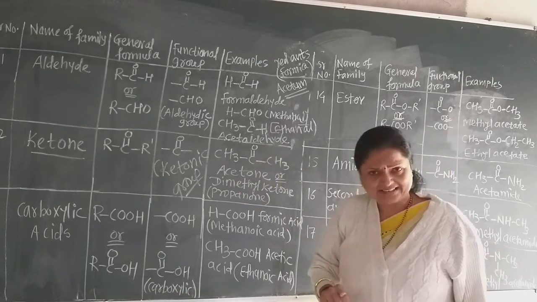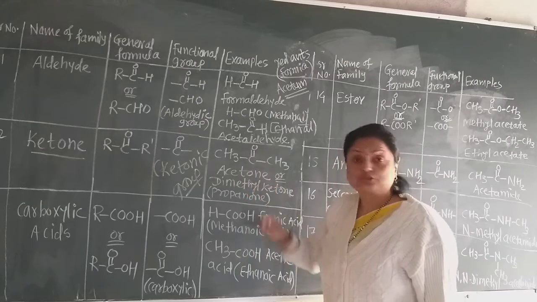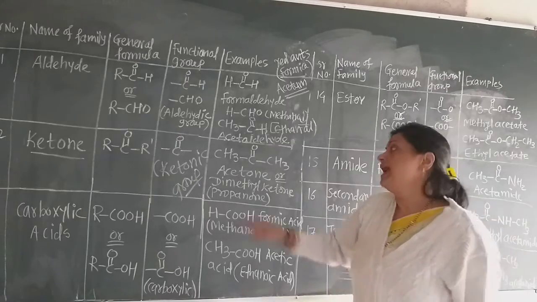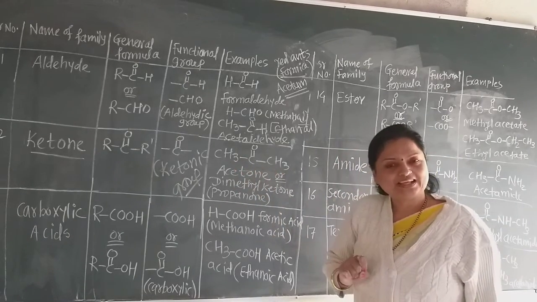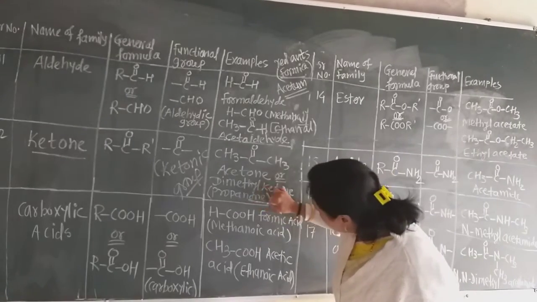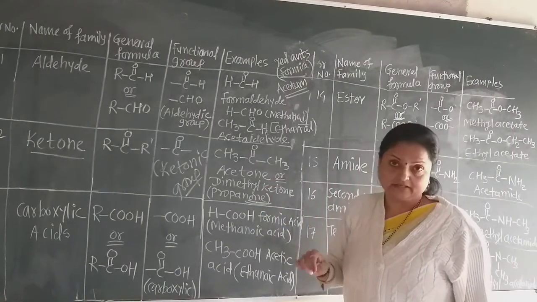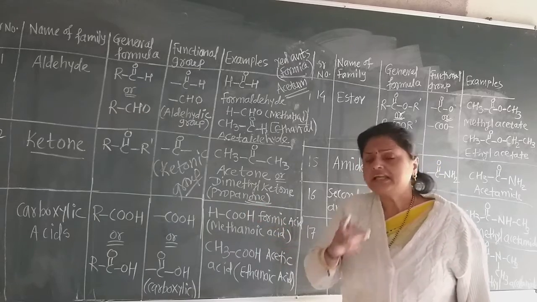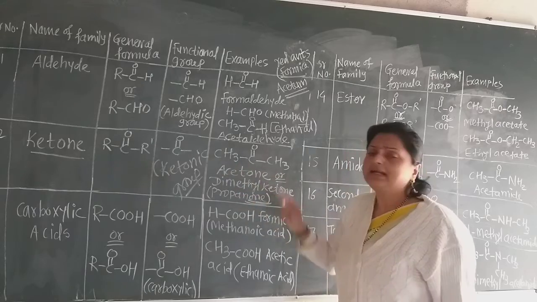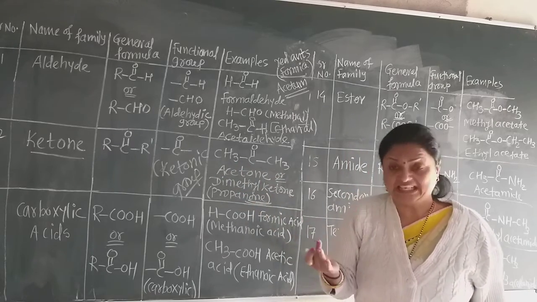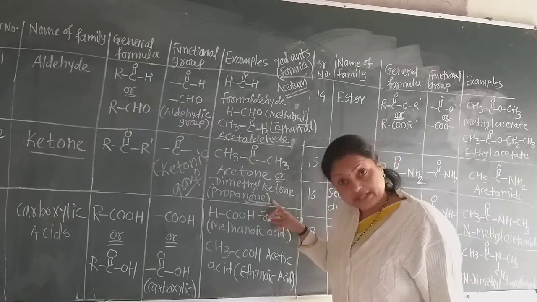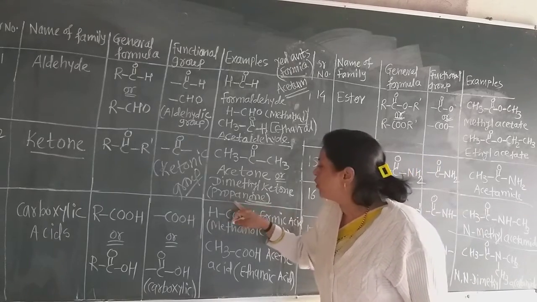There is history behind that. Now this is called acetone, but the IUPAC name is very important because we have to use the IUPAC name. As it contains 3 carbon atoms, the name of this ketone is propanone. Remember the suffix ONE: only remove the E of the alkane and add ONE. You know that the 3-carbon alkane is propane, so the E of propane is replaced by the suffix ONE in the IUPAC name. So it is propanone.